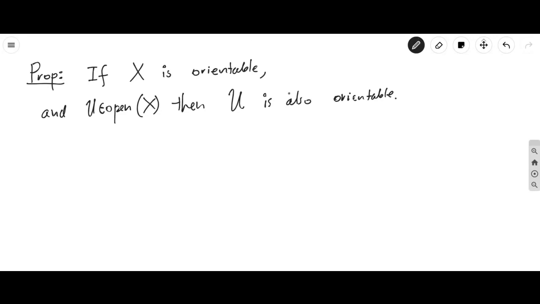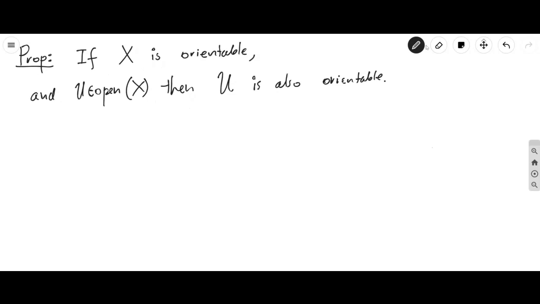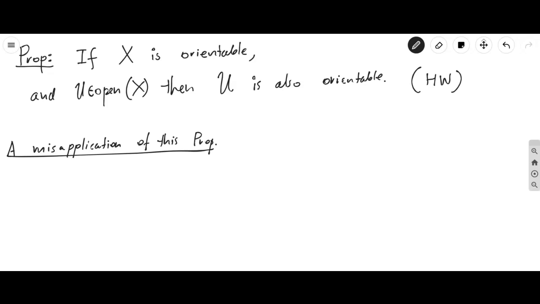Now, I want to just give a warning. I want to give you a misapplication of this proposition. This proposition is actually very easy to prove. I'm going to put this on the homework, and you can prove it. It's only a few lines. Maybe some of you already see how to prove this. So there's going to be the incorrect way to use this proposition. So observe that